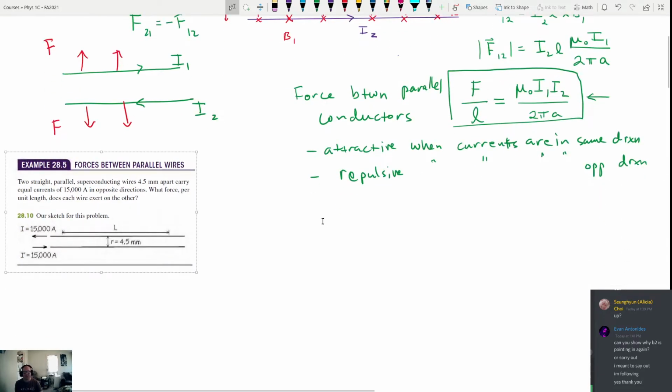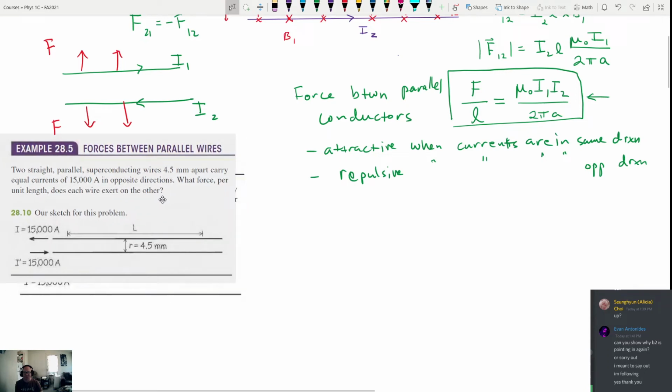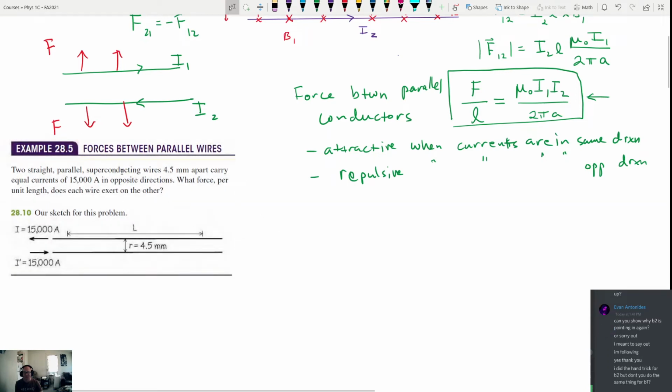All right, so let's do a calculation using this equation, a very simple equation to use. It says 2 straight parallel superconducting wires carry